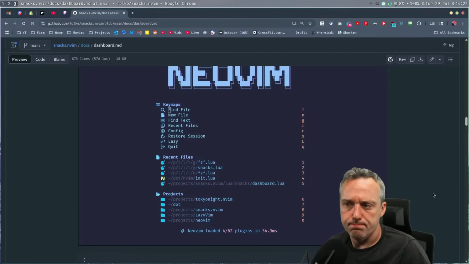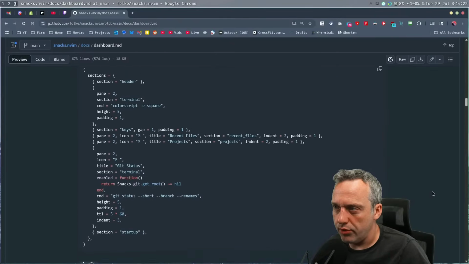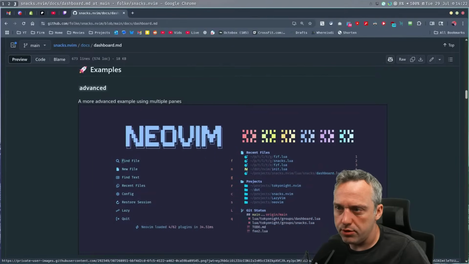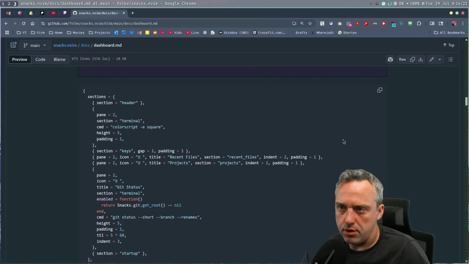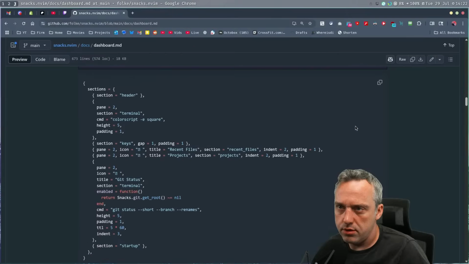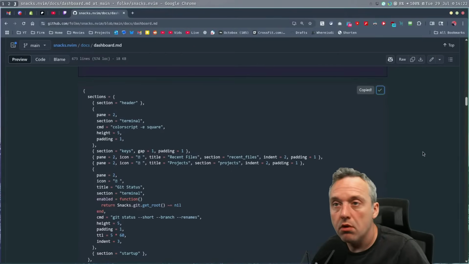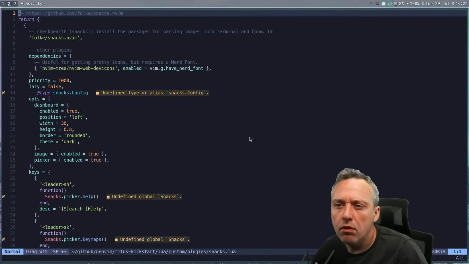Recent projects. And then if we look at that, really like this advanced section. So I think we're just going to grab that, call it good, right? Let's see what happens. So you have that, sections, dashboard,